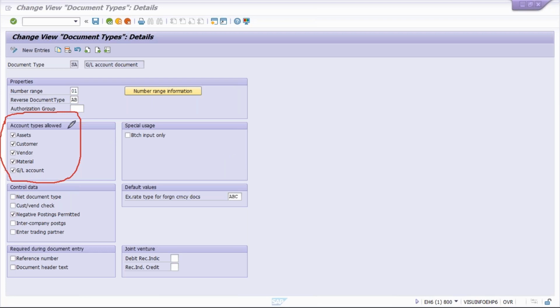Okay, account type allowed. What is this? What is the meaning of this account type allowed? It means, I'll tell you, whenever you post any transactions against SA document type, then